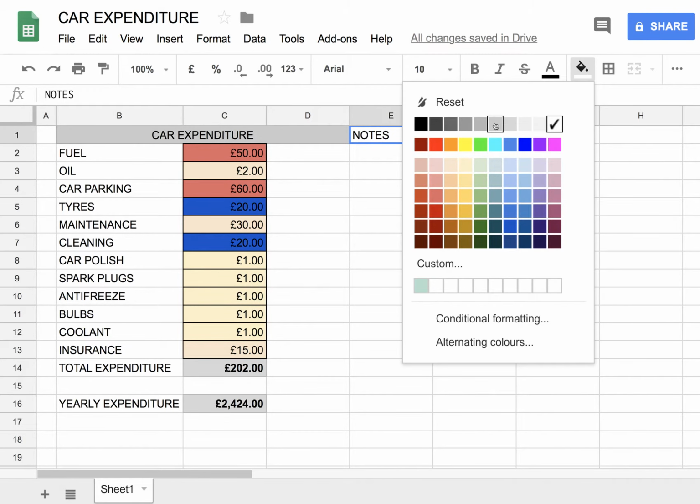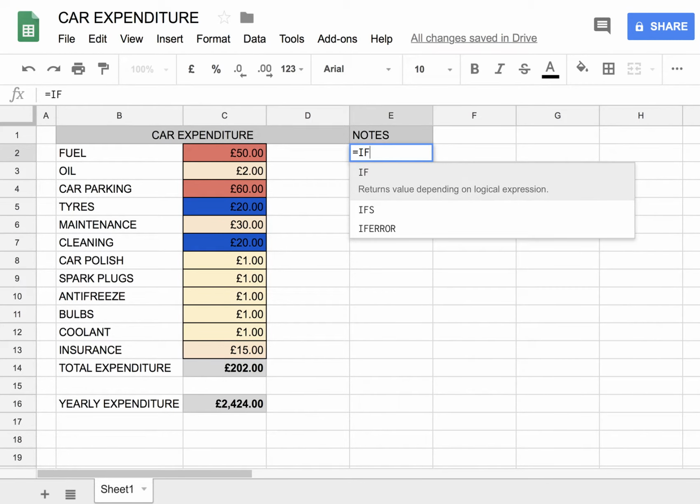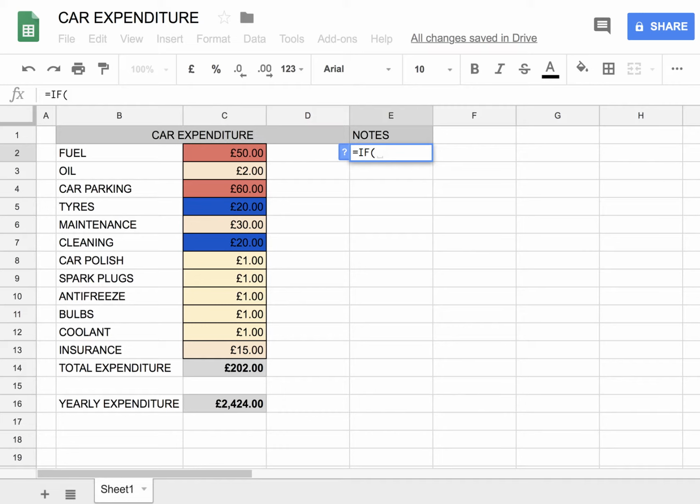Just make it grey. Okay. So here I'm going to start in this column, and I'm going to put the formula equals IF. Now that means if something equals something else or doesn't equal something else. So if the value in this case C2 equals 15,